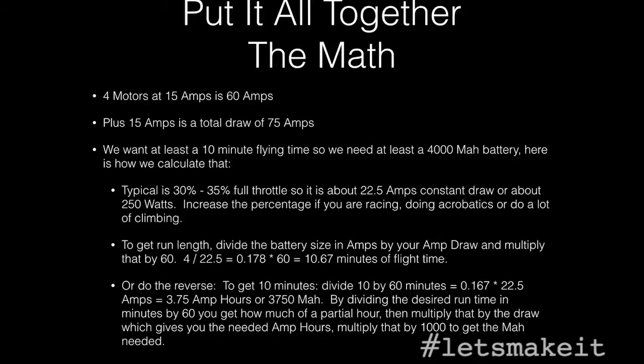We want at least a 10-minute flying time, so we need at least a 4,000 milliamp battery. But let's show you how we got to that. In typical flying, you're using 30 to 35% of your throttle for most of the time, unless, and I'm going to say this again in a little bit,